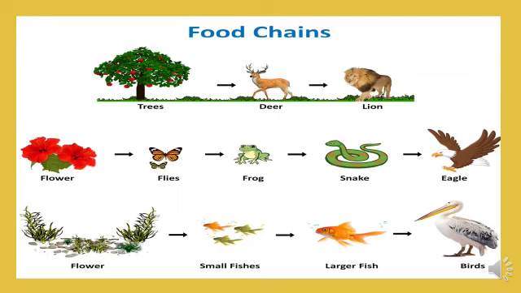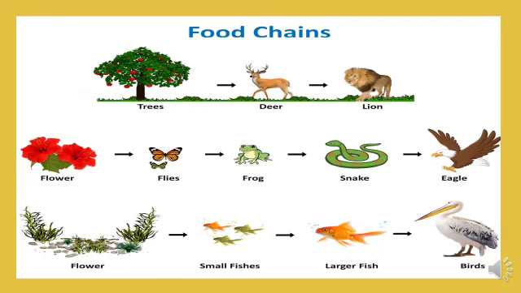Children, do you remember why we eat food? All organisms eat food to get energy. And how does energy flow take place in nature? Energy flow takes place in nature by the food chains. Which is the ultimate source of energy? Sun. Sun is the ultimate source of energy from where trees in their green leaves prepare the food,